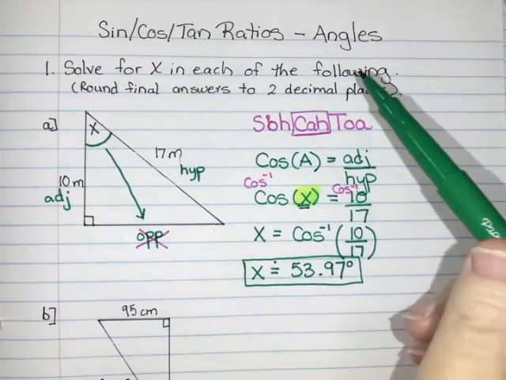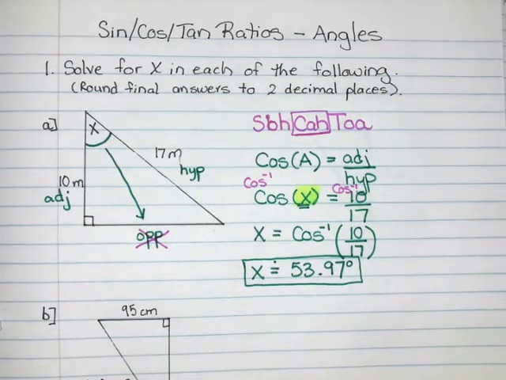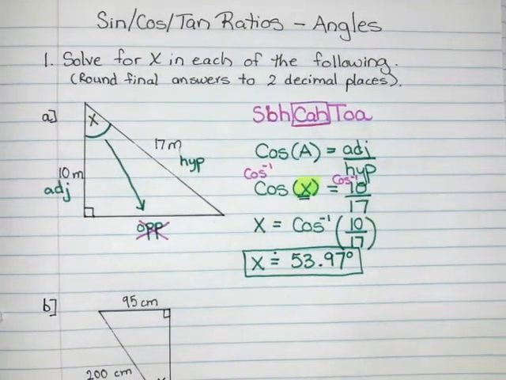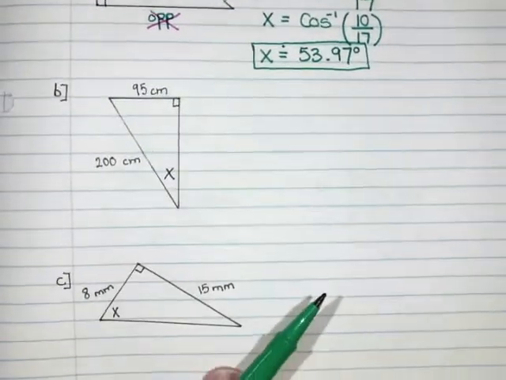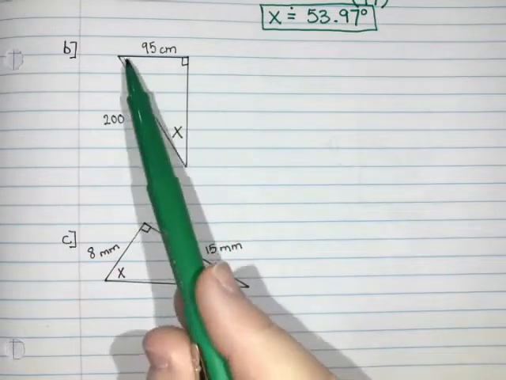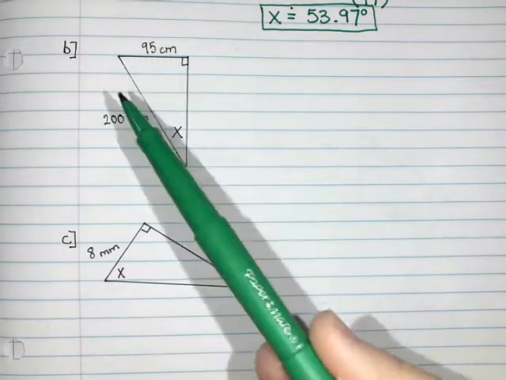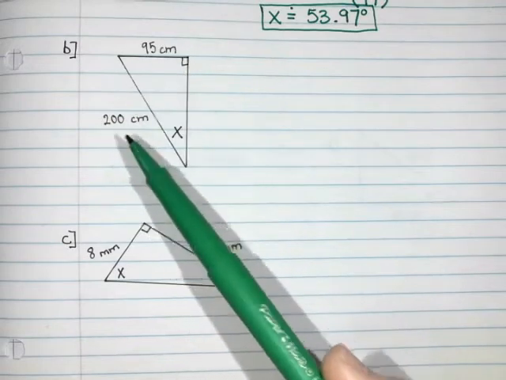This is part 2 of our lesson on solving for angles using the sine, cos, and tan ratio. So the question does say solve for x in each of the following, and we're going to move on to our second example. So once again, we have a right angle triangle. I can tell because of the square in the corner, and I have two labeled sides, and we're trying to